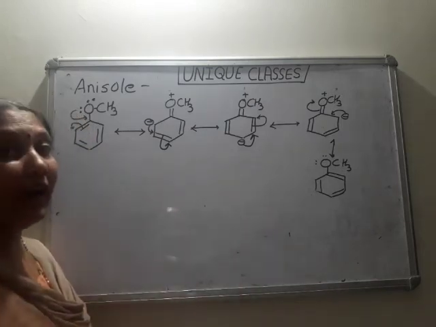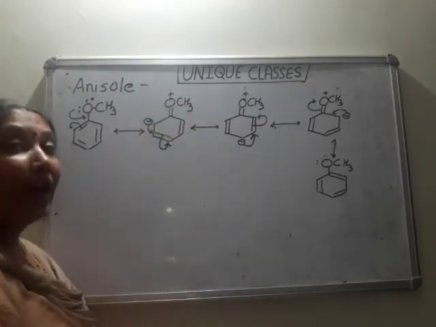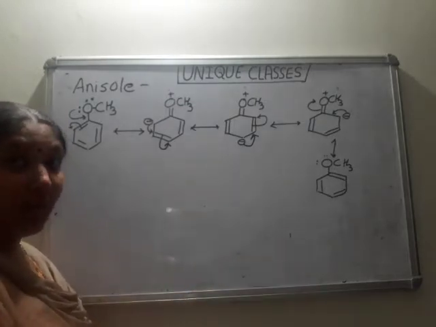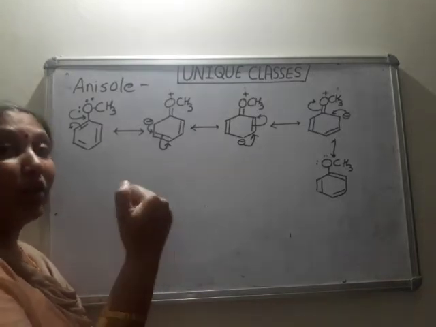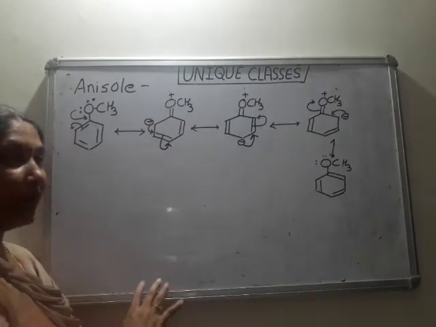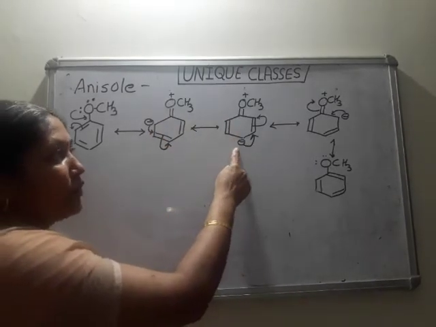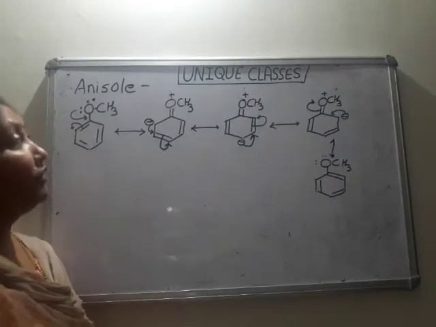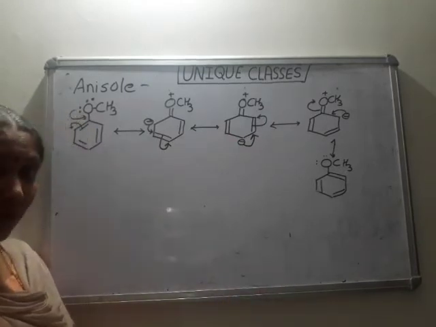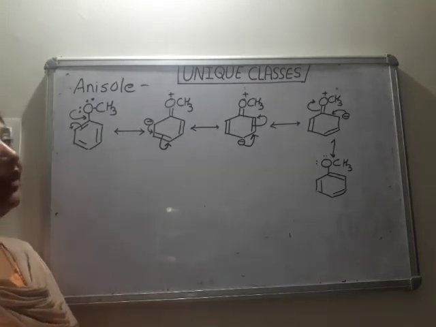So where to add that incoming halogen? That is decided by this OCH3. Incoming group is positively charged. So benzene should offer electrons to that. Which carbons are electron rich in this anisole? So that is observed with the help of this resonating structure. See, with respect to this OCH3, this is ortho position, this is para position, and this is ortho position. So if we observe this resonance structure, ortho and para positions are electron rich. It means they can provide electrons to incoming electrophile.